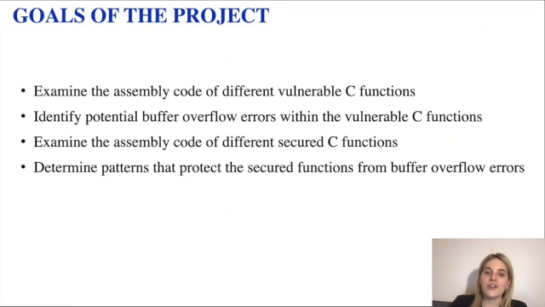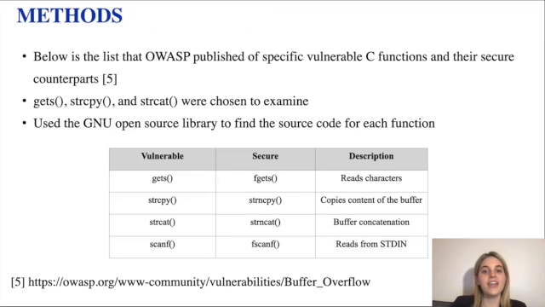The overall goals are as follows. First, to examine the assembly code of different vulnerable C functions. Next, we aim to identify potential buffer overflow errors within the vulnerable C function assembly code. Then, we looked at the secured versions of these C functions and determined the patterns that protect the secured functions from buffer overflow errors. In order to accomplish these goals, the article that OWASP published on specific vulnerable C functions